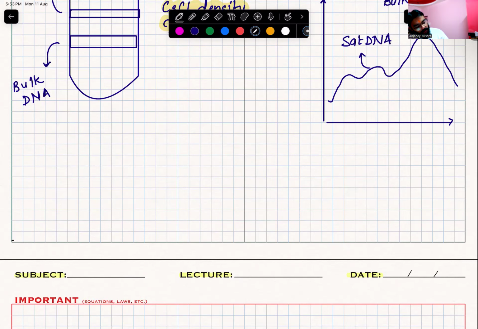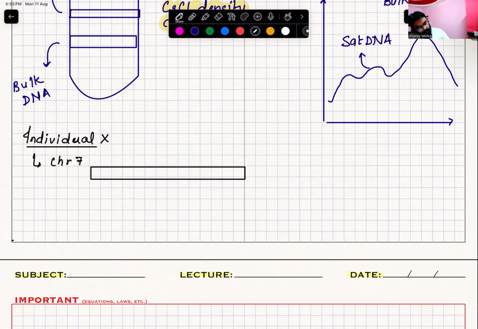Let's say we have an individual. Let's call them individual X. Now, when we are studying this individual X, we have their chromosome number 7. And in their chromosome number 7, we notice that there is a particular patch where we see